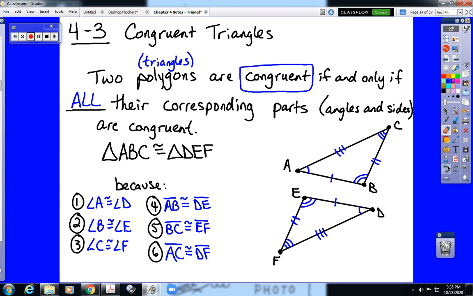Okay? And the same thing applies in the opposite direction. The only way that these 6 are true is if this is true. Okay, it's if and only if, which makes it a biconditional, which means it goes both directions. All right, so the first skill in this section we're going to cover in this video, and then the